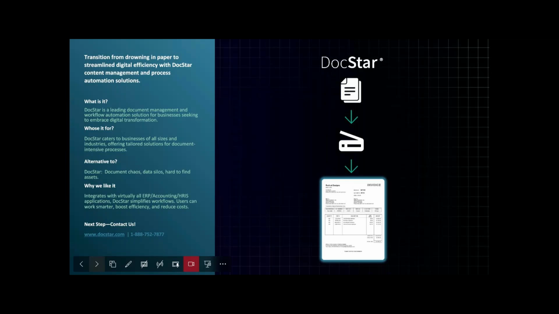The next category is really workflow automation. DocStar helps to accelerate operational efficiency by automating mundane tasks, reducing errors, minimizing manual intervention for any document-driven business process. This frees up your team to focus on the higher level tasks that add more value to your organization. Moving on, the next category is data security and compliance. DocStar helps you prioritize the security of sensitive information with robust access controls, encryption, and compliance features.